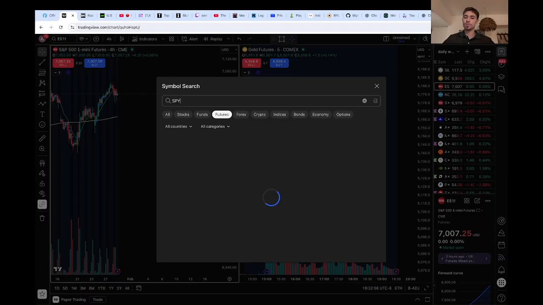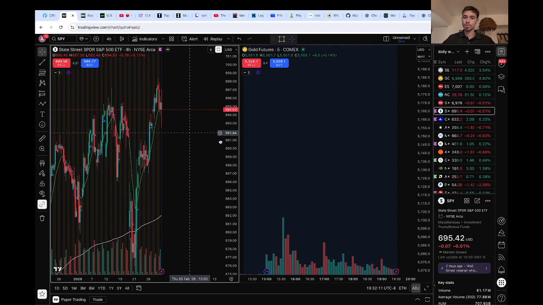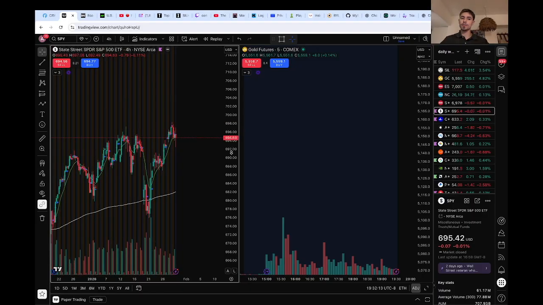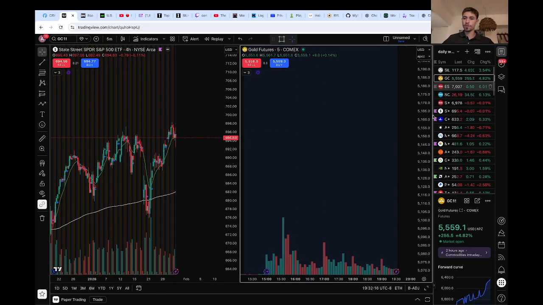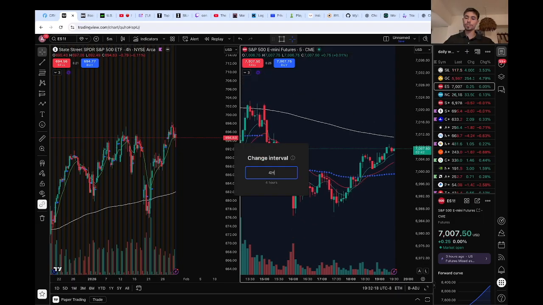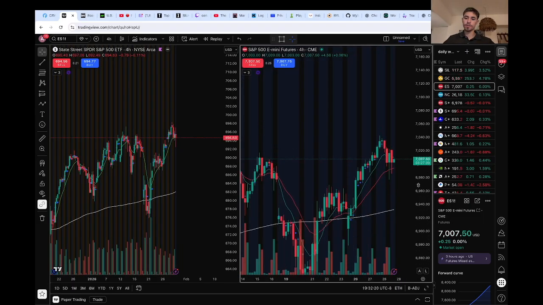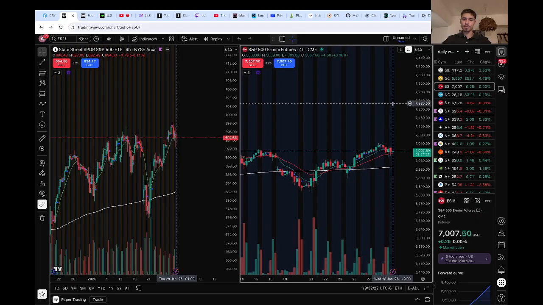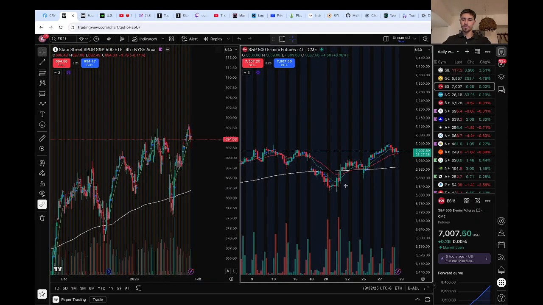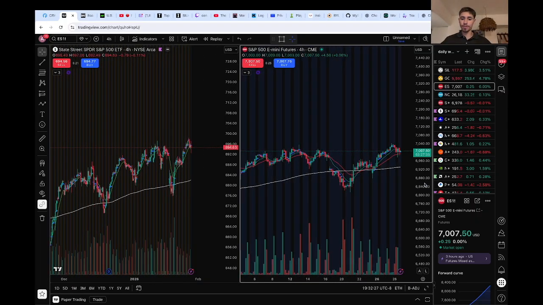So if you know how to trade SPY, you could literally take the same trade that you're interested in taking on SPY over on ES, which is the future for SPY. And same thing, as you guys can see, literally an identical chart. They are identical. They move, if I put it on a 5 minute, you guys will see they move side by side. Same trades I take here, I could take over here. So that's why some of the strategies I use on the options trading side of things, I just correlated over to the futures side of things.